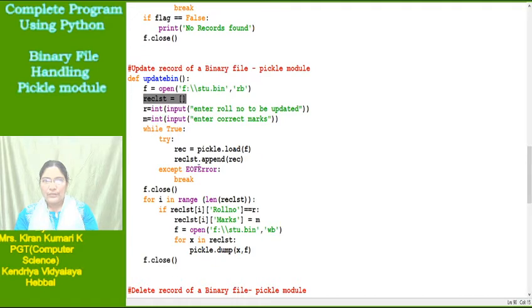But directly we cannot remove something from the file. So that's the reason I am taking all these records into a record list, right.